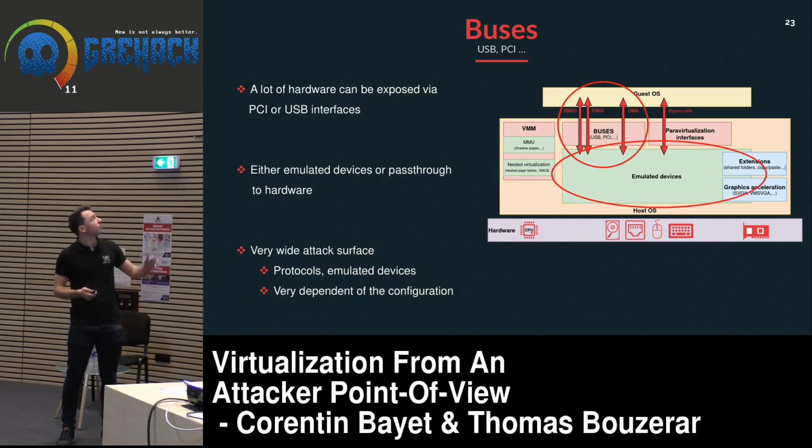Inside a virtual machine, like on a regular computer, you also have buses. So a lot of hardware can be accessed via buses, like on PCI or USB interfaces. Using these buses, you can access emulated devices, or you can sometimes really access the hardware directly if it's pass-through. So you have a very wide attack surface because you can attack directly